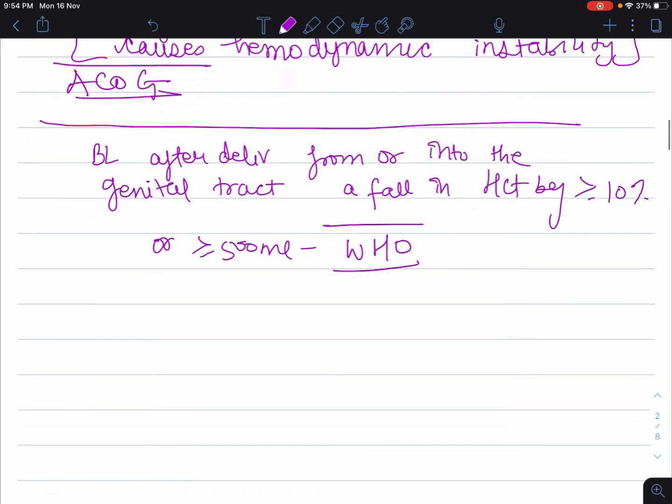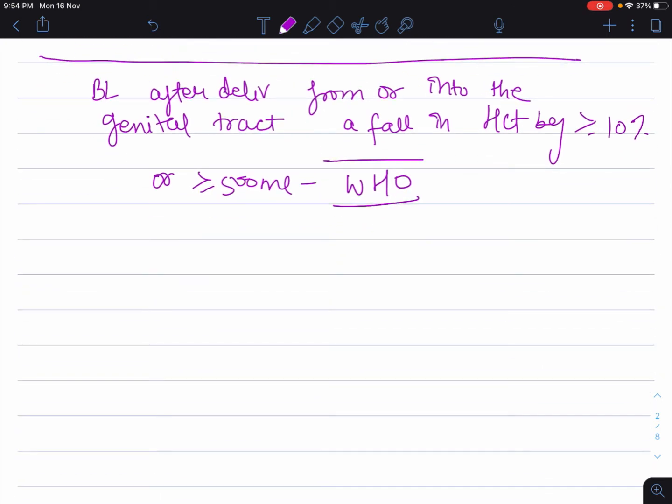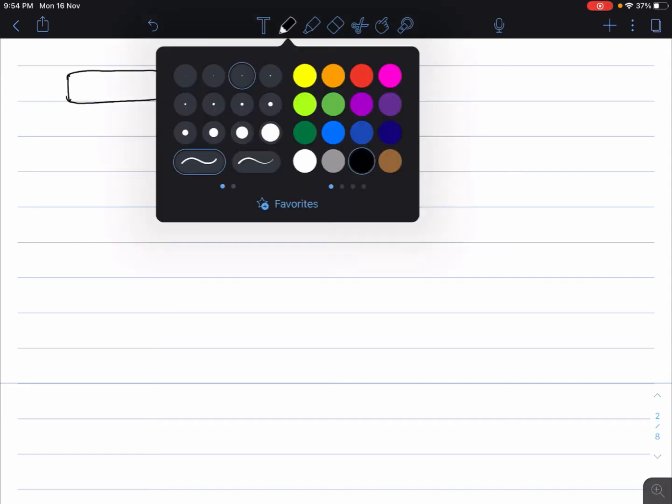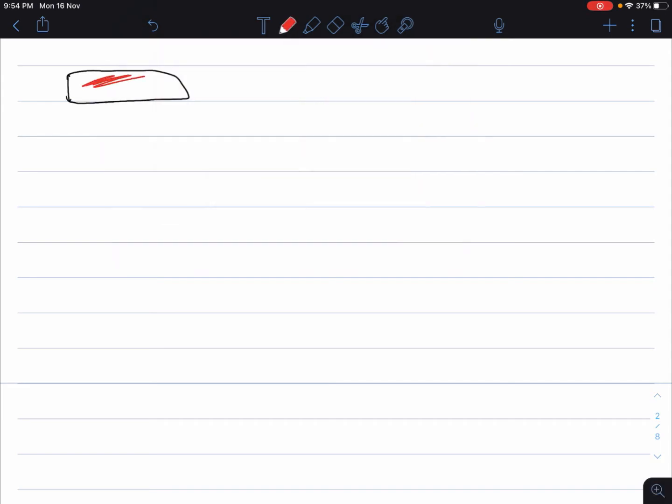Because it is very difficult to actually sit down and measure the amount of blood loss the patient is going through while also trying to manage the case at the same time, right? Okay, so another practical thing that is useful is how to do visual estimation of blood loss. Supposing a woman uses a pad, if the blood loss is just partial, then it is 30 ml. If it is completely soaked, then we call it 100 ml.